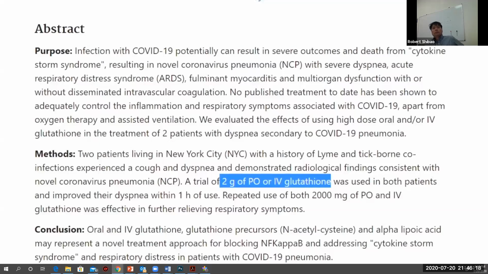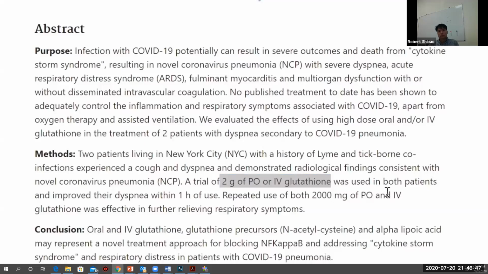That is the job of the stomach, to cut up large polypeptide chains into amino acids so they can be absorbed in the intestines. So how bioavailable is oral glutathione? Some reports show that it may not be that bioavailable. But I guess the question is, if you're cutting up glutathione, you're going to be cutting it up into glycines, glutamates, and cysteines, which eventually are the building blocks of glutathione.